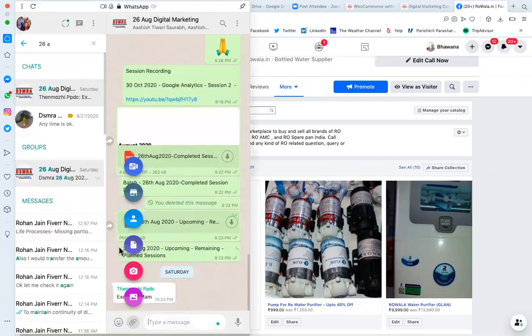As I click on the payment, I have the option to send or receive. When you are sending, you have to give the mobile number or WhatsApp number of the person to whom you are sending the request for the payment. When I'm sending, I just enter the amount and send, and the money will be deducted from my bank account directly, provided the other person has also done this setup.